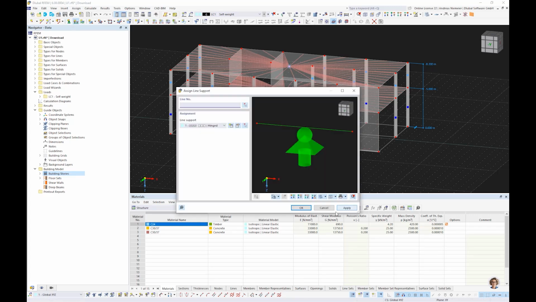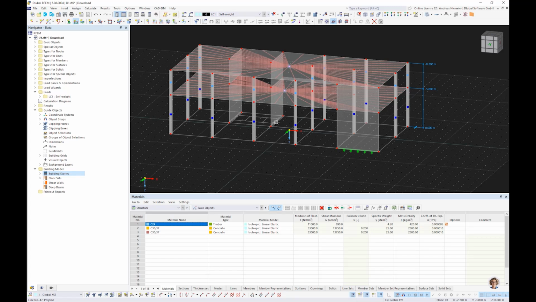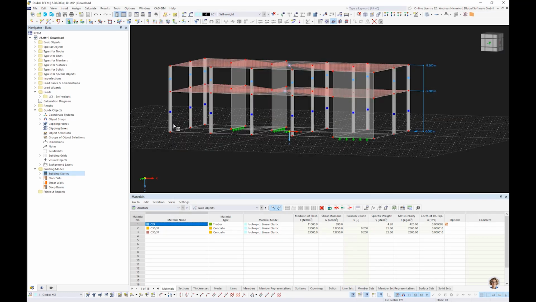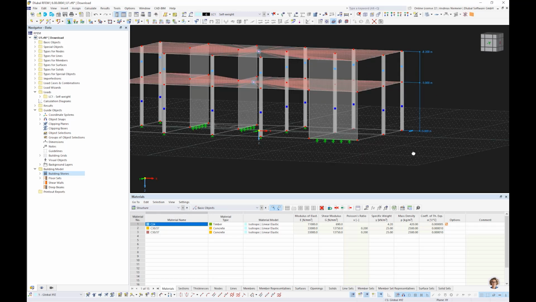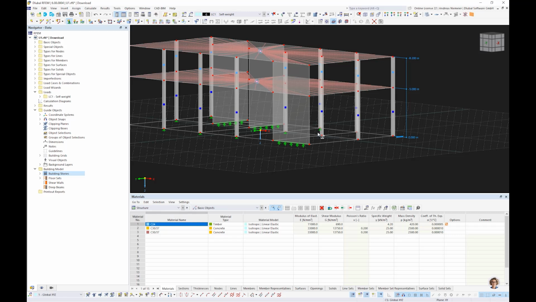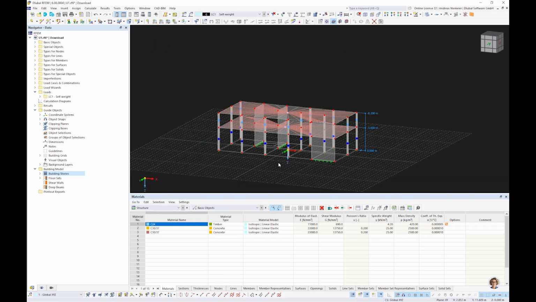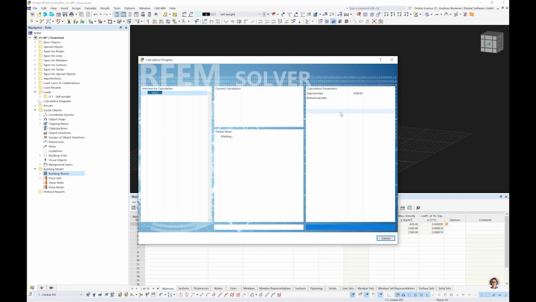And now it works like before. We can apply maybe supports. So for example here, also nodal supports. Now maybe here that we can grab all at once. Now, so this it is, not more, not less. And of course we can start calculation, and you see the program is dividing the calculation job of the load case 1